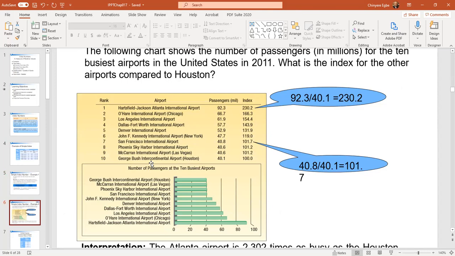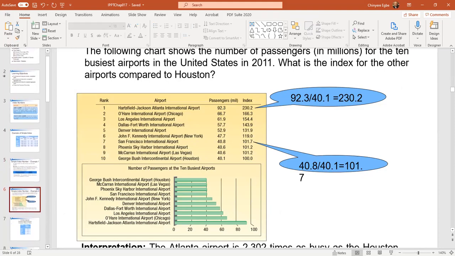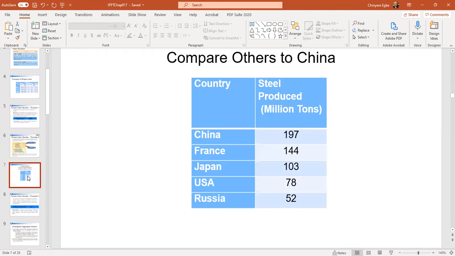And here they're comparing airport passengers to Houston. And Houston is at the bottom here. So they divide the other ones against Houston and get comparative values. As I said, an index is just an example of comparative values. Okay. Here's another example. We can compare the steel production of other countries to China, and so we divide 197 over 197